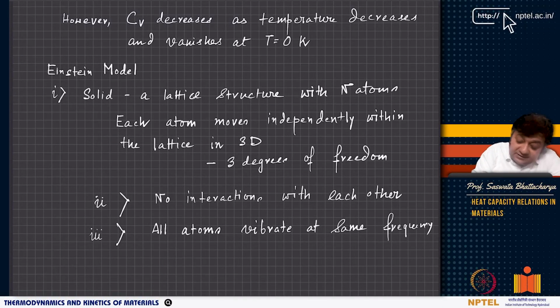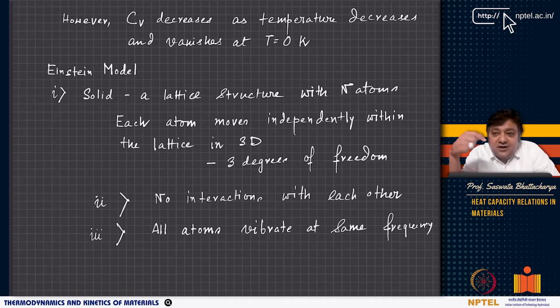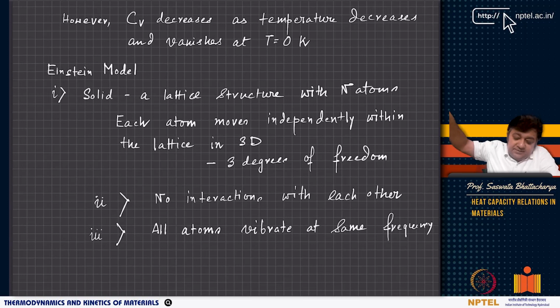However, it has been observed that the heat capacity continues to decrease as temperature decreases, and the heat capacity vanishes at T equal to 0 Kelvin. So Einstein looked at it. Dulong and Petit's law can explain the high temperature molar heat capacity of solids. However, as you go to lower temperatures, it cannot explain anything. It does not even hold as you go to lower and lower temperatures. Particularly, remember that it vanishes at T equal to 0 Kelvin. It is quite low, then it grows and goes to the Dulong and Petit regime, which is the classical regime.